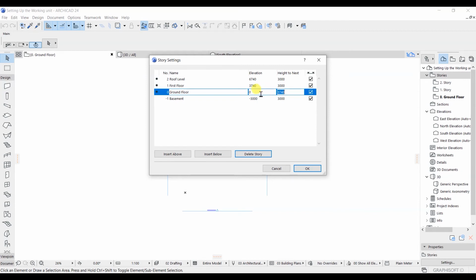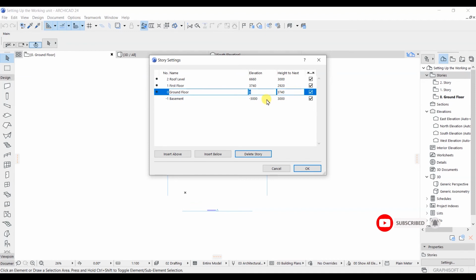After that I'm going to make some changes in the elevation. Here, this is 3740, that is fine, and I'm going to change this elevation to 6660, as per our project requirement.